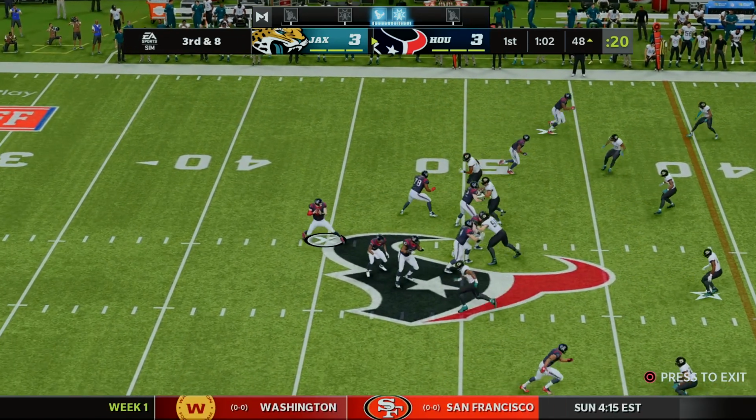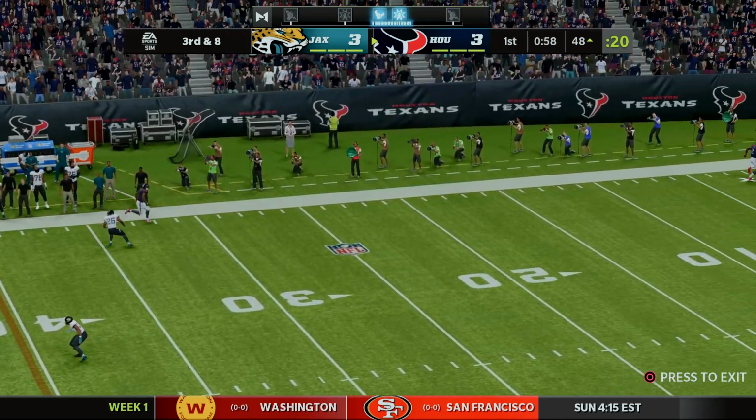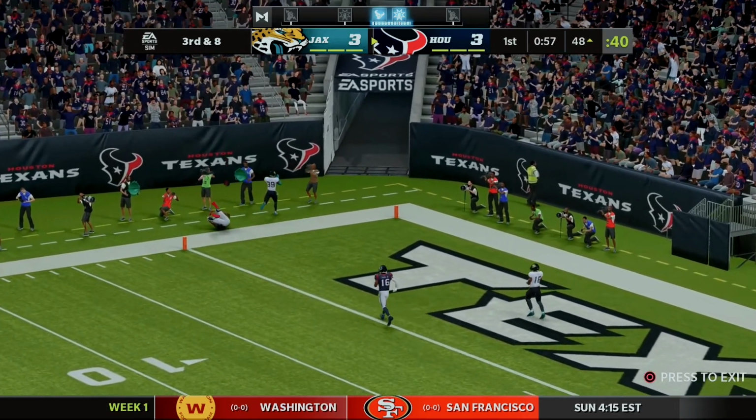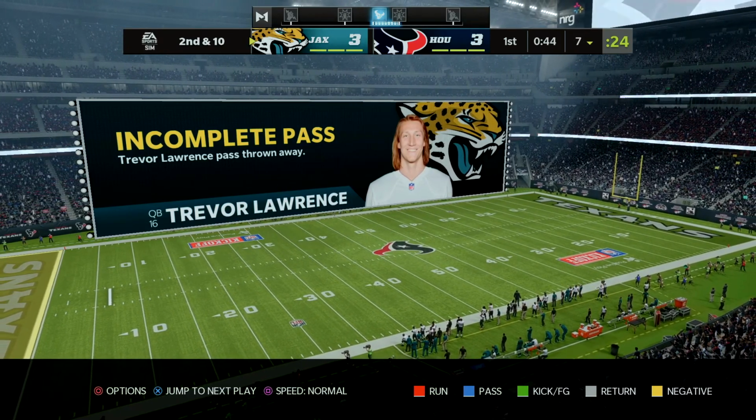Spitzer in shotgun from the 48 will take the snap. Stand in the pocket, maybe looking to go deep downfield, goes deep down the left sideline, and that is a jump ball and incomplete, intended for Brian Tyson. Now we're going to simulate a little bit, unless they get into like scoring position like across the 50 or 40,